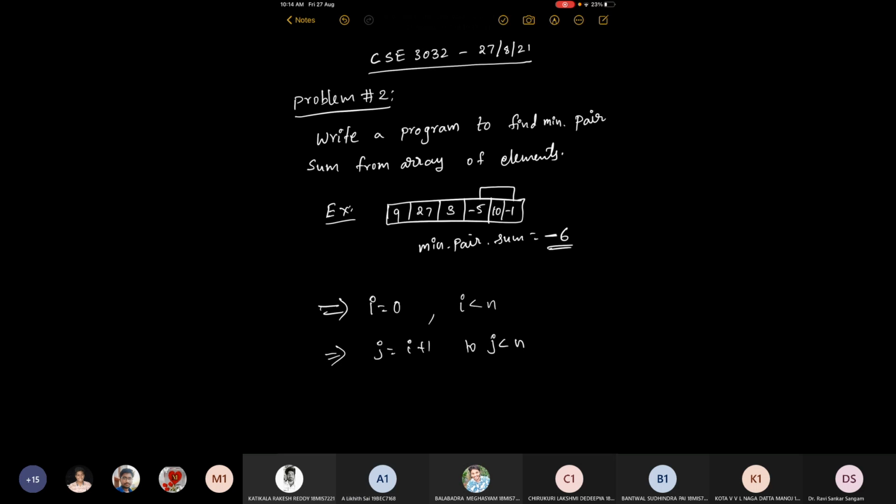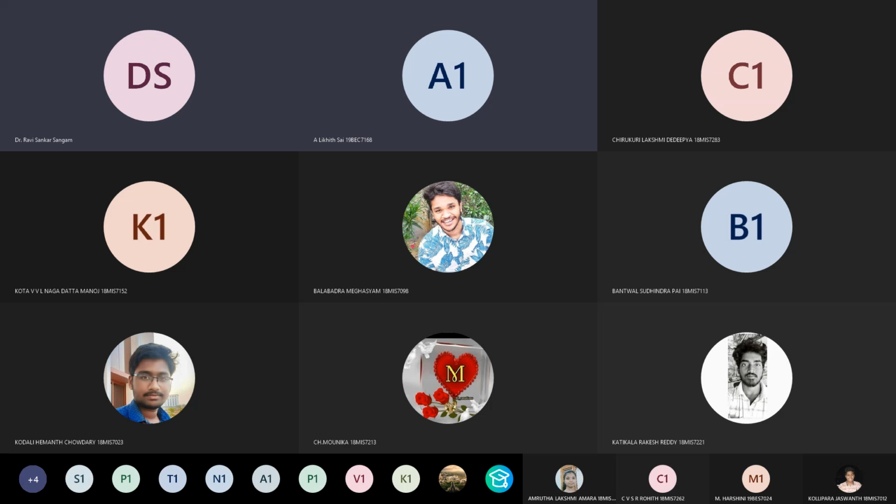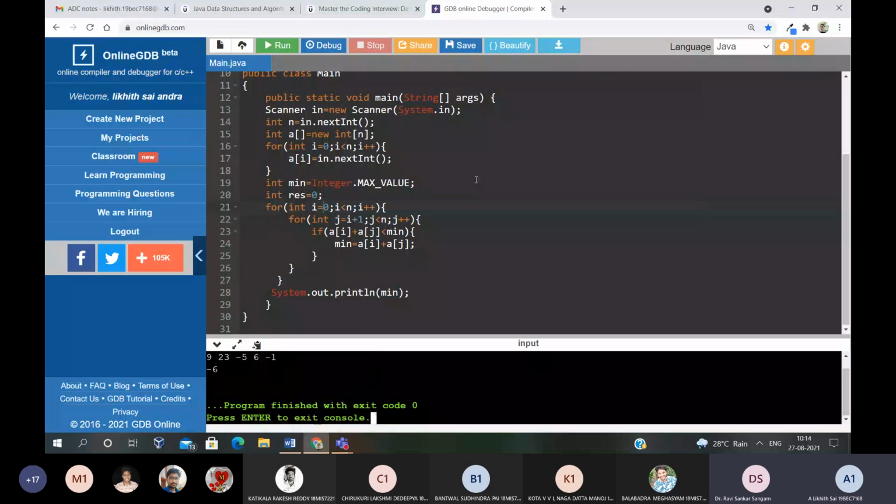Correct. Can you share your screen once? Let me stop sharing my screen. Okay, just a minute. You can share your screen now. Is it visible, sir?